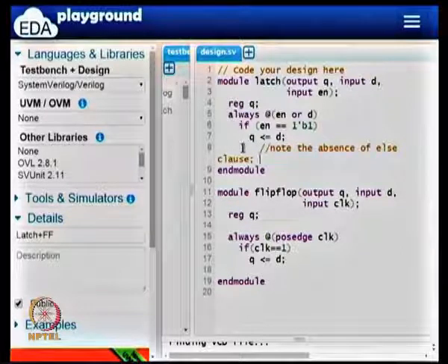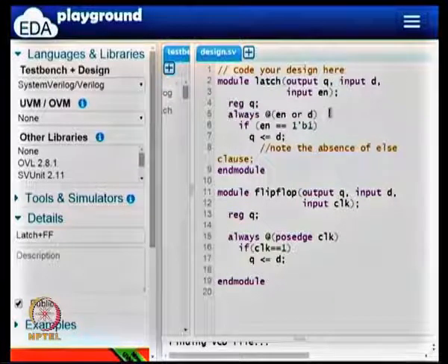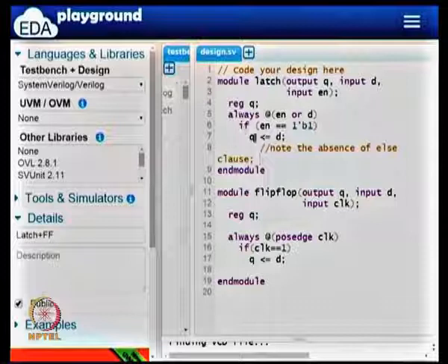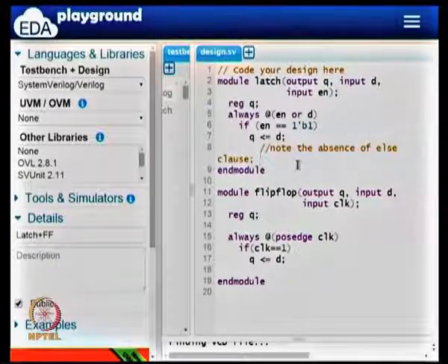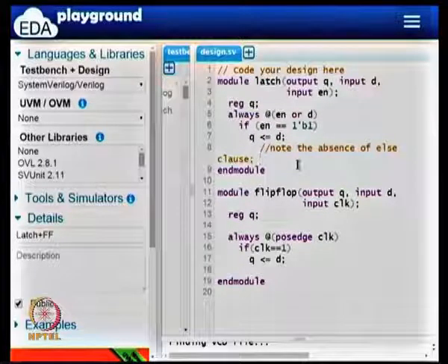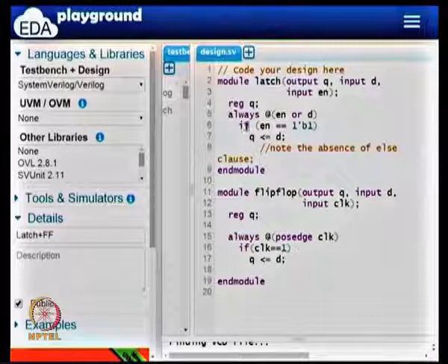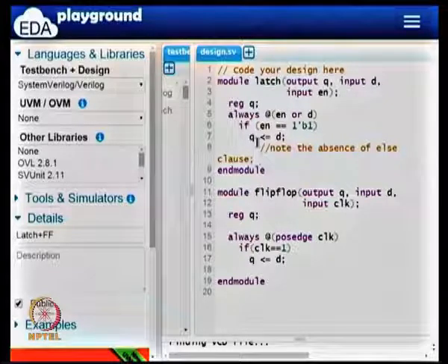In fact, if you put an else clause, Q equal to A, let us say there were 3 inputs, enable, D and A, and if enable is 1, Q equal to D, else Q equal to A, that would mean you are actually inferring a multiplexer, because if enable is 1, that is the select line, Q selects D, otherwise Q would select A. In this case, we are not inferring a multiplexer, we want a latch, there is no else clause. So if you want a latch, you do not put the else clause and you leave it as it is.